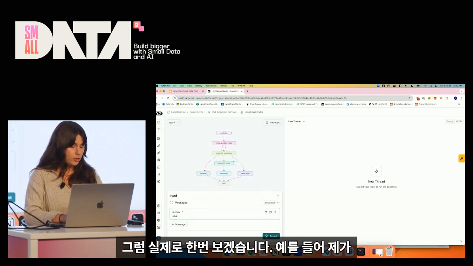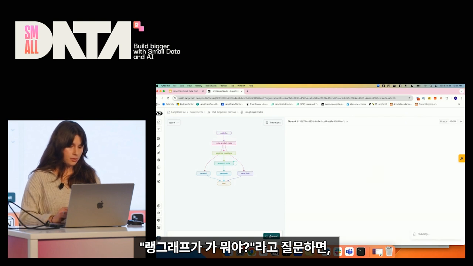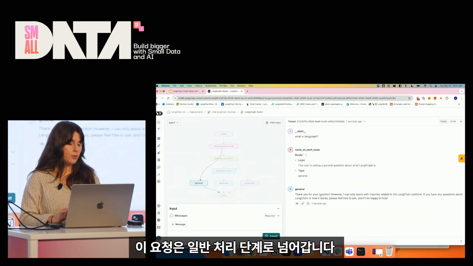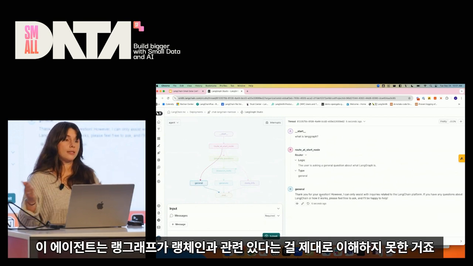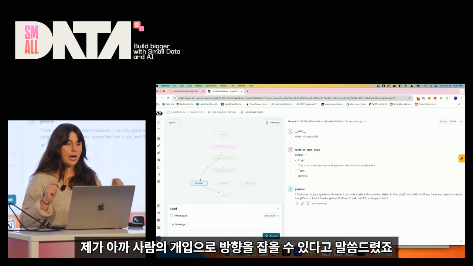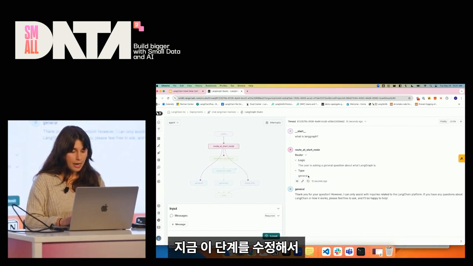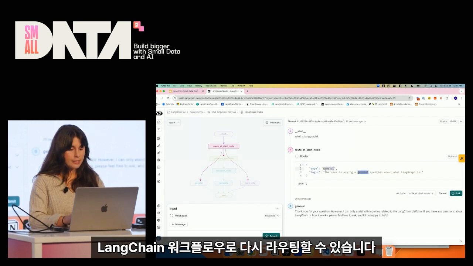So if I ask the question, what is LangGraph? We can see it went through to this general step. And so this agent failed at understanding that LangGraph is related to LangChain. And so remember how I said you can have human steering to help solve the problem? I can edit this step, reroute it instead to the LangChain workflow,